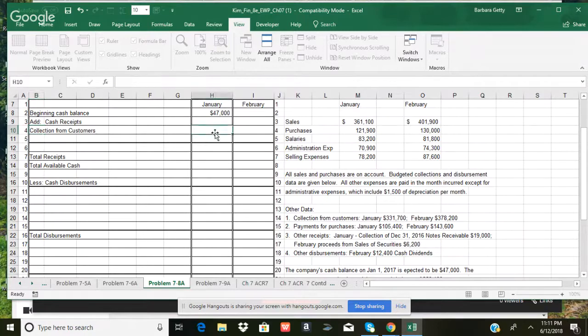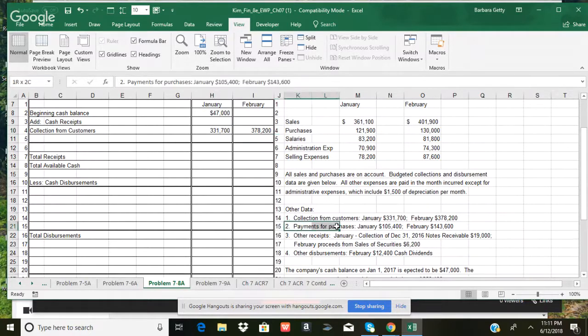And we go over here and we put in the $331,700 for January, and it also tells us $378,200 for February. Okay, number 2, it says payment for